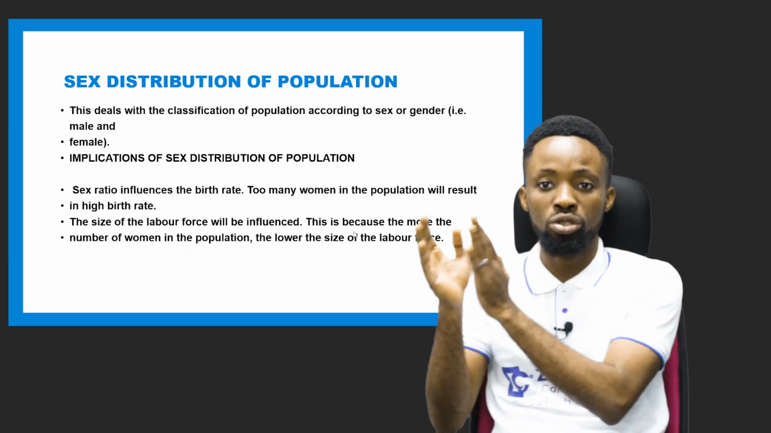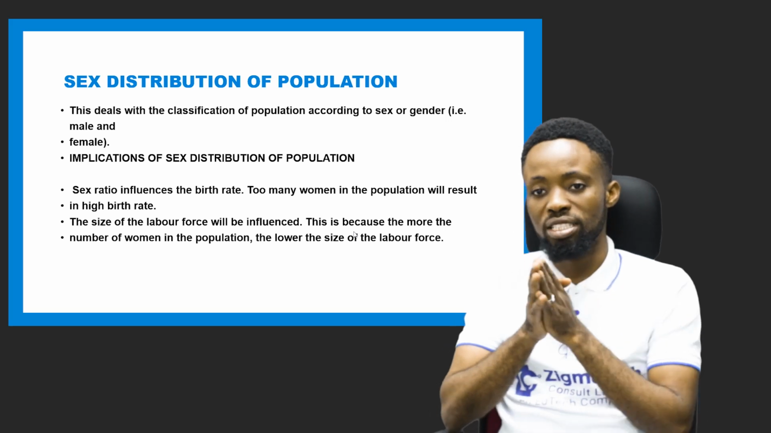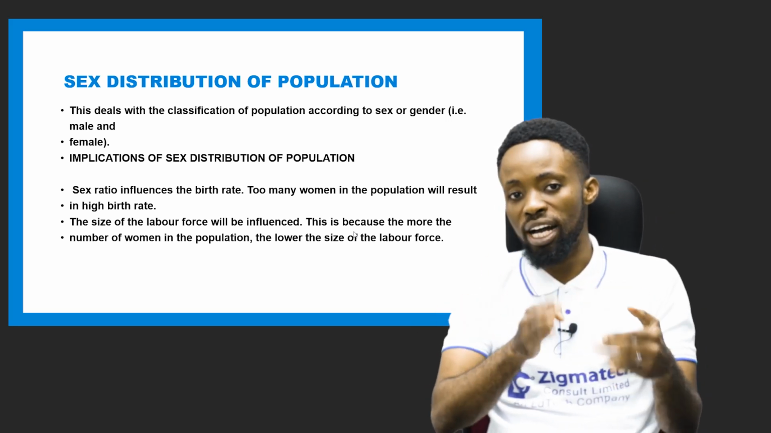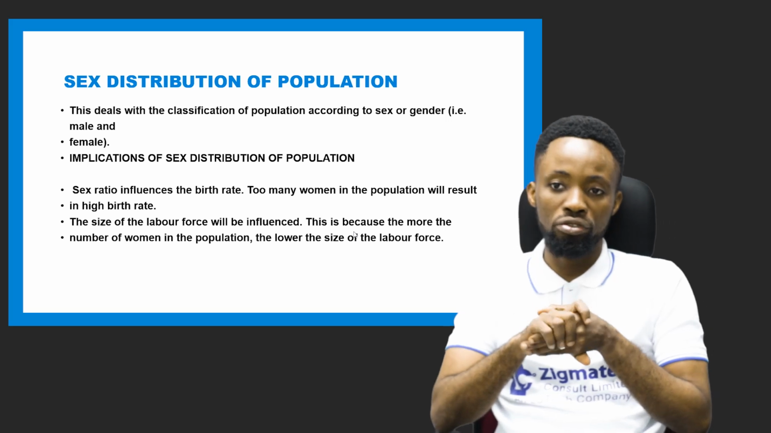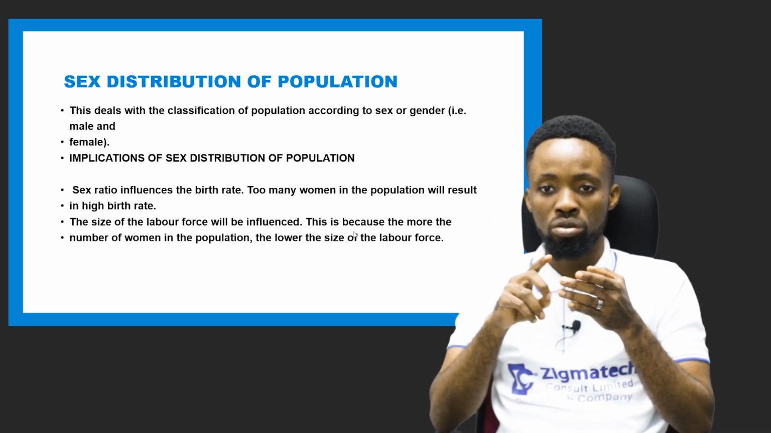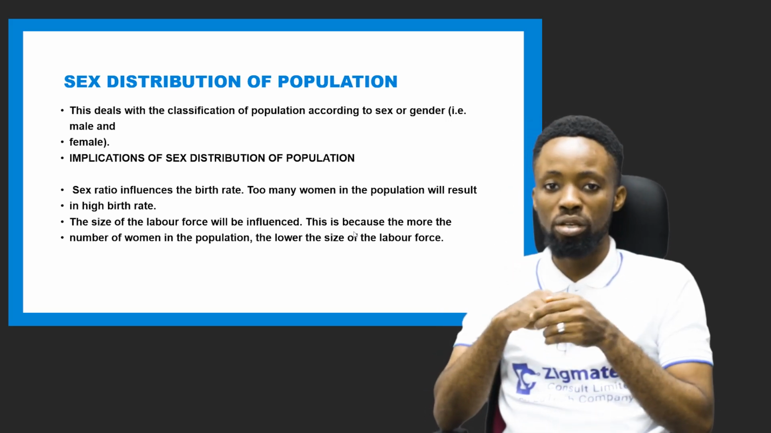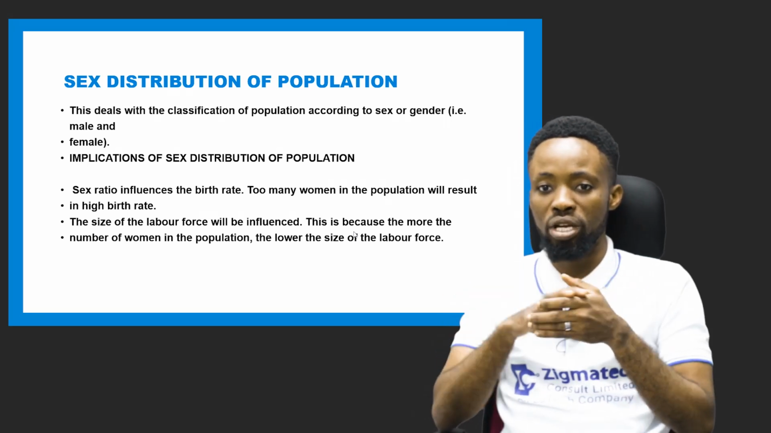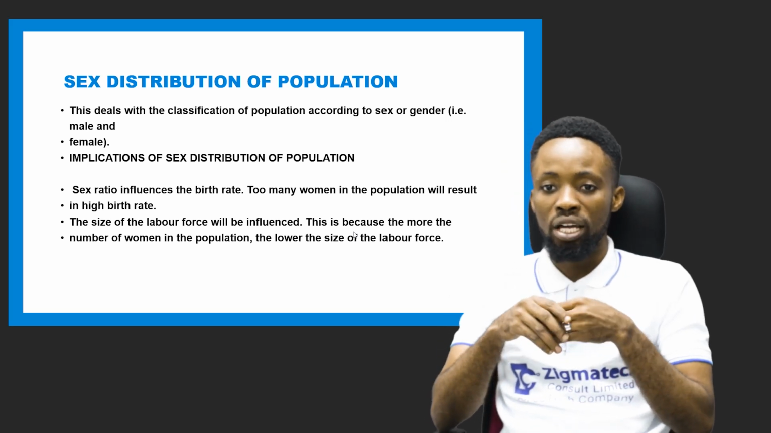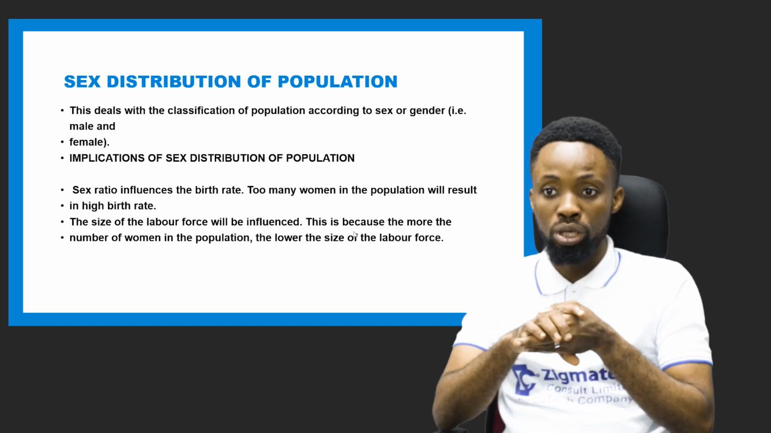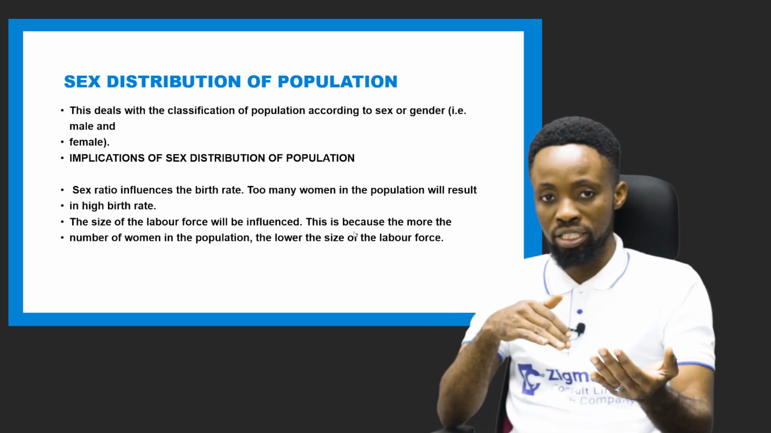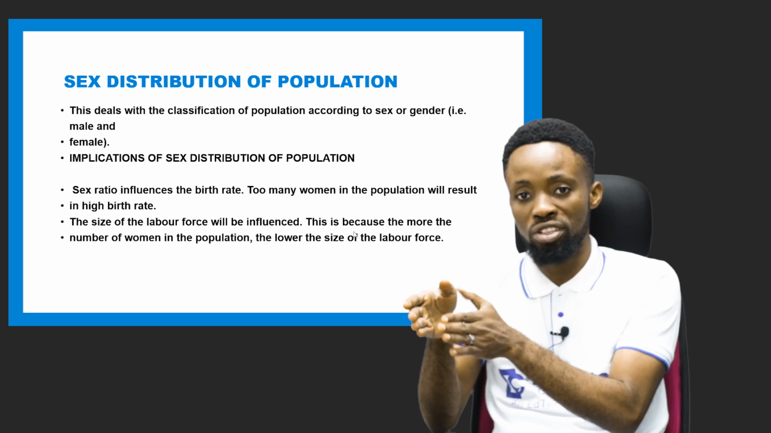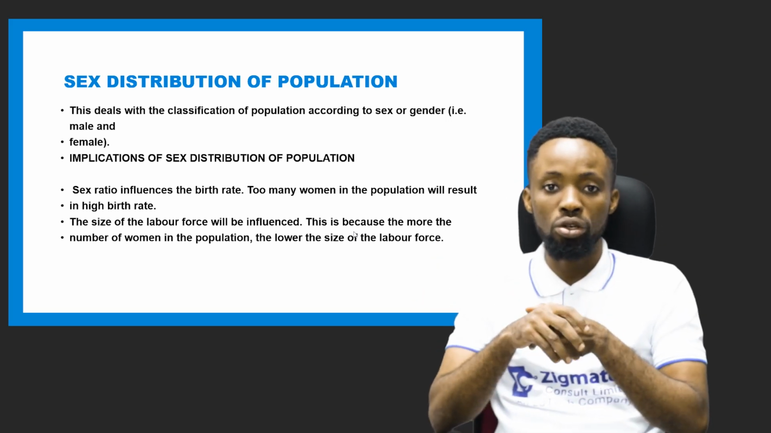So when we talk about the sex distribution of population, we are actually talking about the classification of population according to their gender. Yes, male and female. And the implication of this sex distribution is that it will influence birth rate. In a place where we have a higher population of women, you realize that the birth rate will be very, very high. And also the size of the labor force will be influenced, because places with a larger number